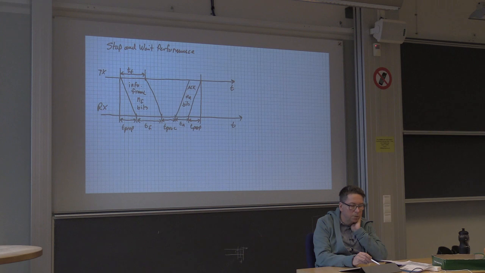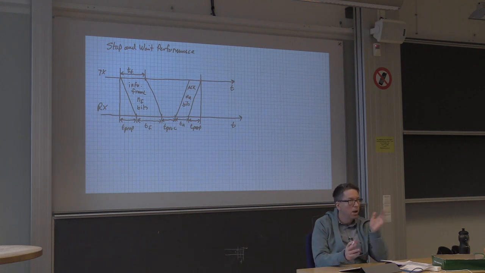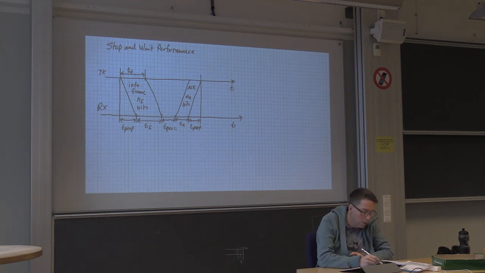From the transmitter's perspective, it is now waiting for an acknowledgement after it has transmitted the frame. The first bit of the acknowledgement reaches the transmitter here, and then the last bit here. Now the transmitter checks the CRC or whatever error detection there is in the acknowledgement, and if it has the right sequence number, it can go on and transmit the next service data unit. But this takes some time before that can happen. So here we have some processing time again.